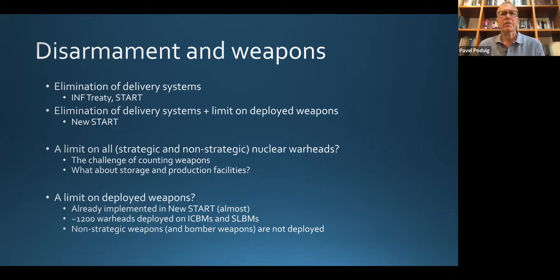How do you know there is no storage site that has another 1,000 weapons, or that there is no production facility that is just churning out those weapons as you are trying to limit or eliminate them? So in the end, if you think about this systematically, you have to admit that you would basically have to establish control over the entire nuclear complex, all the production facilities, and in fact